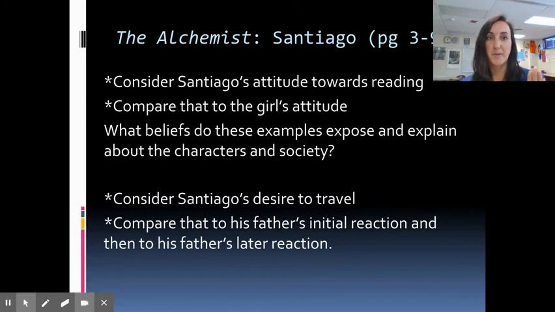You should see this switch that happens in his father. You should notice that they're having a dialogue between the two. Santiago says, well, if the only people that can travel are shepherds, then I'm going to do it, right? We learn a lot about his character through that. He's not afraid, just like with the book. He is going to push forward. And we also see a lot with his father's character in this novel and how his father functioned versus the father in Siddhartha. Note that for later.